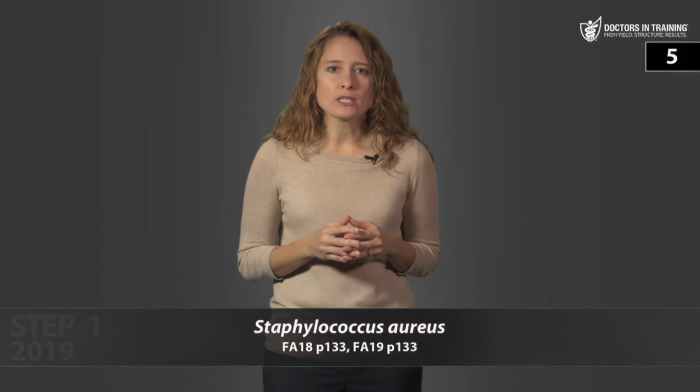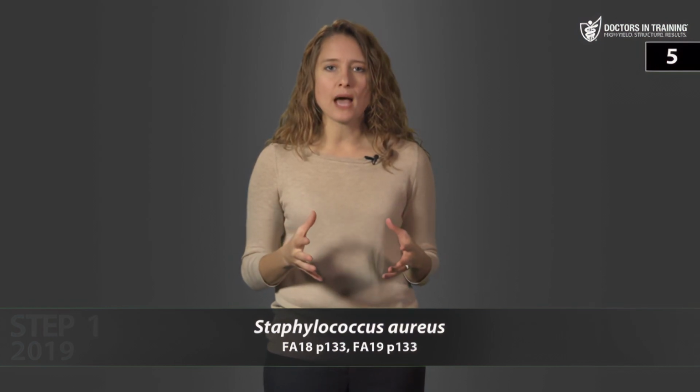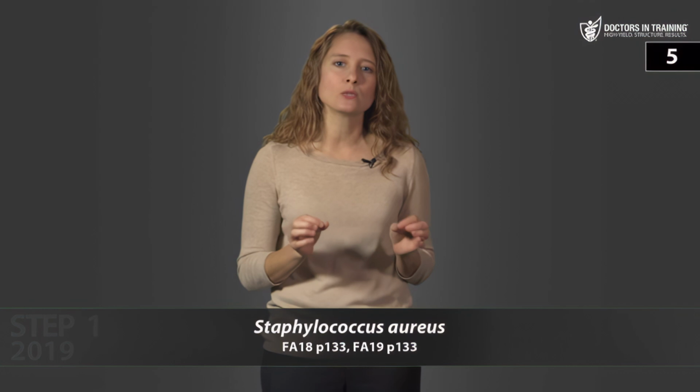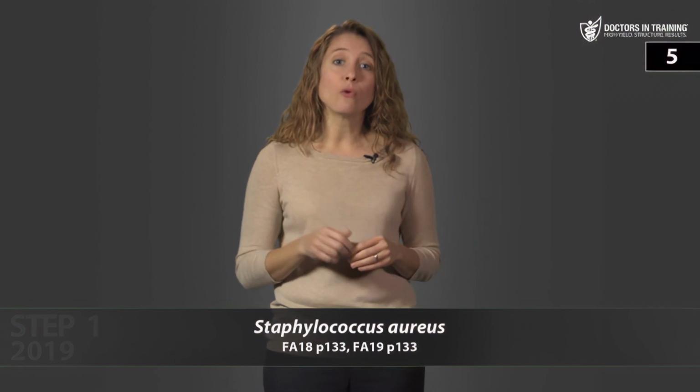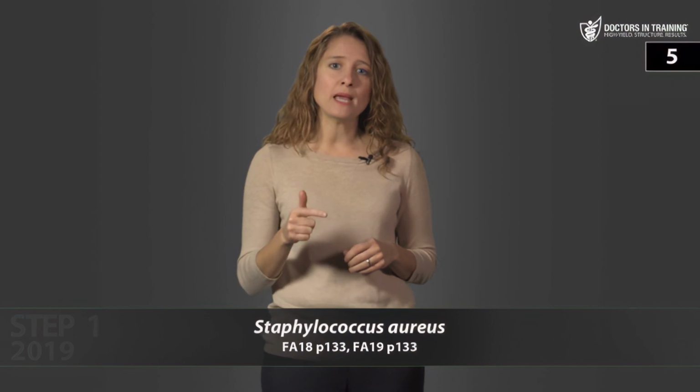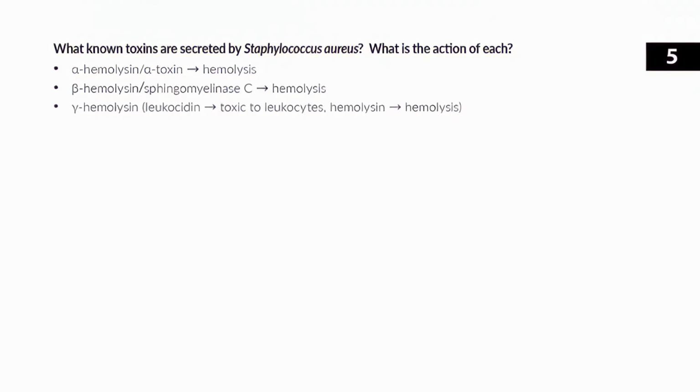Go ahead and take a look at your study guide. What known toxins are secreted by Staph aureus and what's the action of each? So Staph aureus produces a variety of exotoxins. Let's talk about a few of them. There are 4 hemolysins: alpha, beta, gamma, and delta. Alpha hemolysin, also known as alpha toxin; beta hemolysin, also known as sphingomyelinase C; gamma hemolysin is a bicomponent protein